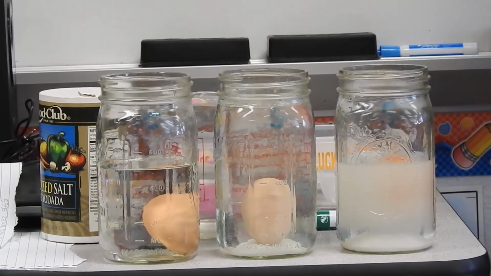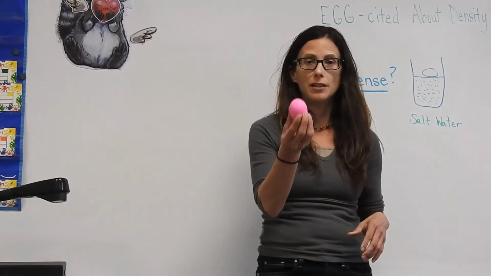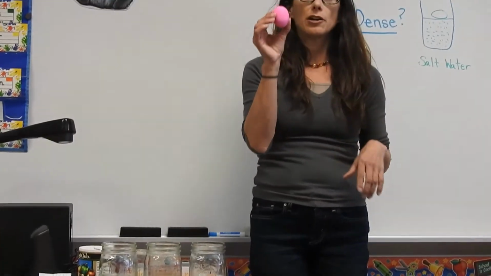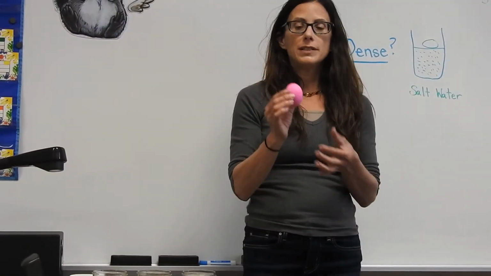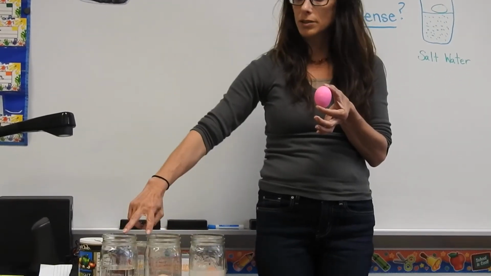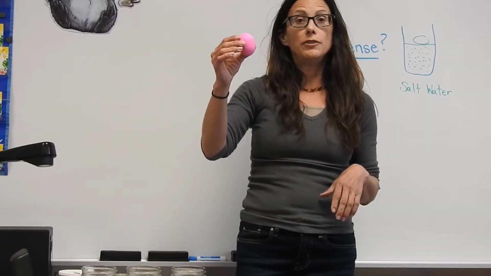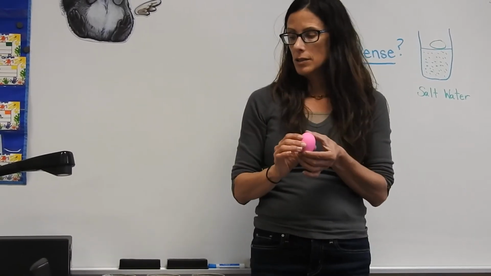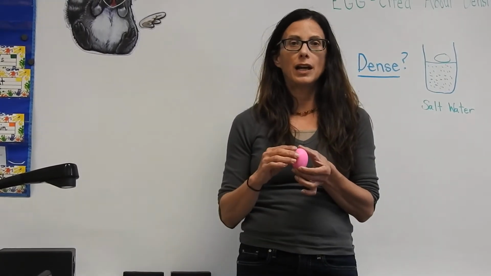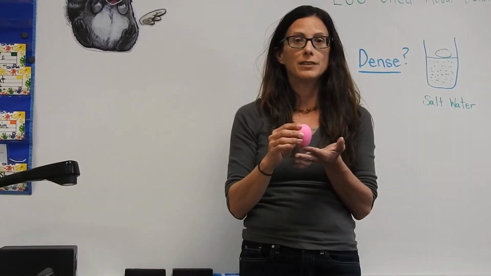I'm also going to give you a challenge. I was going to do this right now, but instead I'm going to ask you to do this because I think you probably have these at home. These eggs are different than the eggs I used because these eggs are hard-boiled. I want you to do this at home with fresh water and salt water. Just do two, fresh water and salt water, and see what happens with hard-boiled eggs. And if you get really bored, do fresh water and sugar water and see what happens with regular eggs versus hard-boiled eggs. And then we can talk about this when we Zoom together.